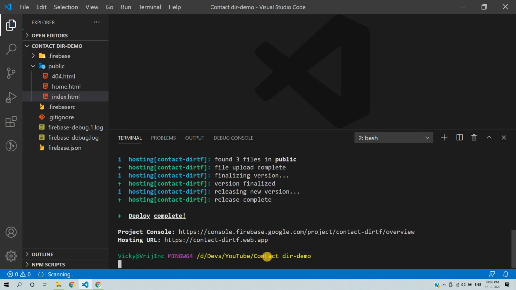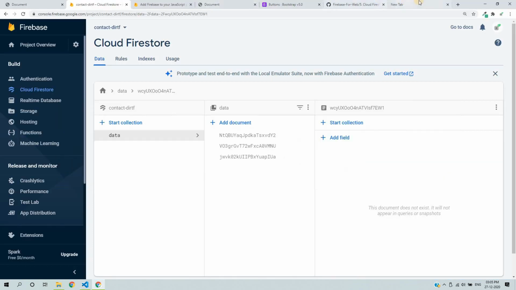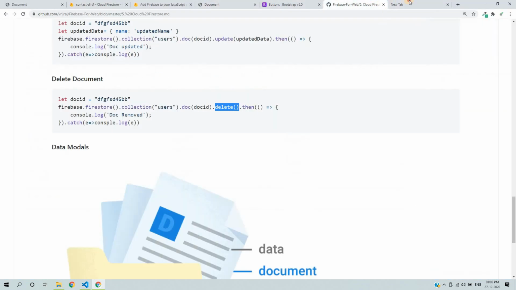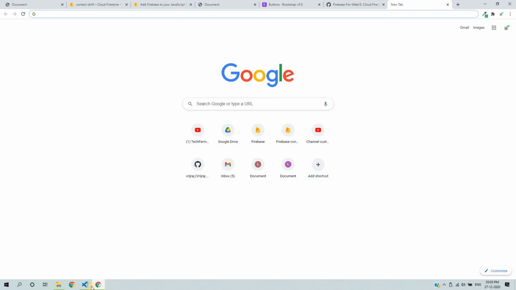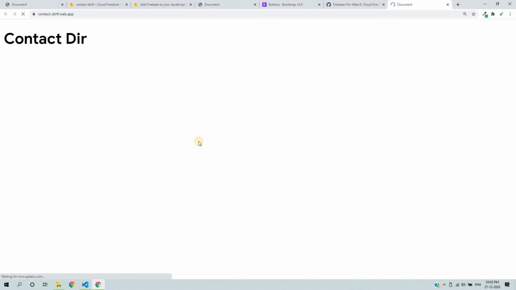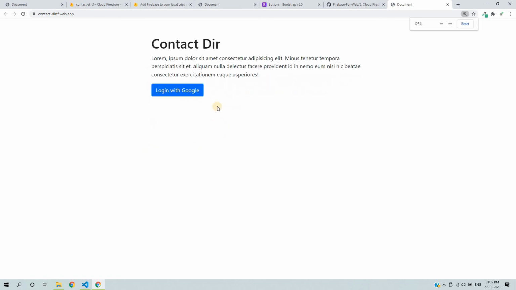Again, this is a hosted URL. You can copy the URL and paste it here. Yes, you can open it here. So you have to reload this page again. Yeah, so it's working properly.